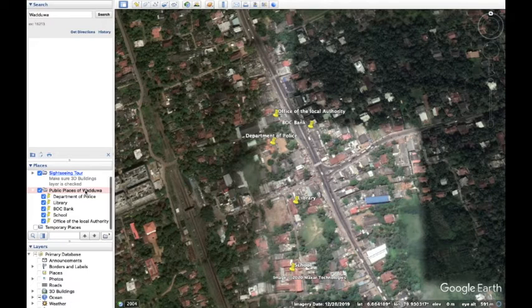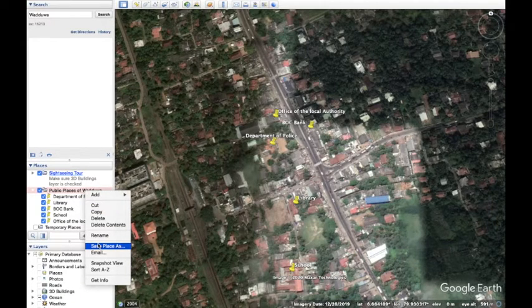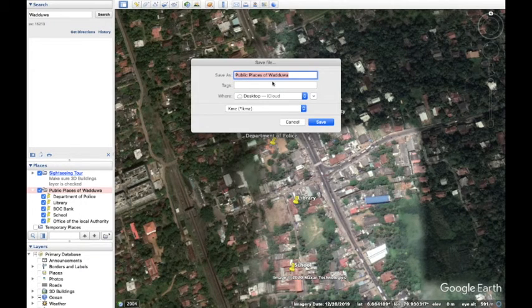Next, what you have to do is save this folder using Save Place As. You can change the name if you want. The folder will be saved with the same name as given previously, and it also asks for the place to save and the file type.